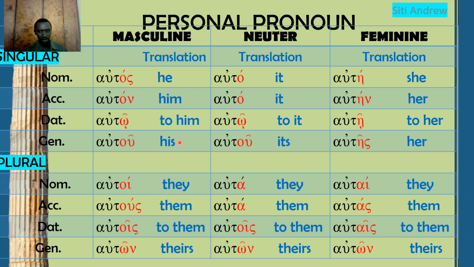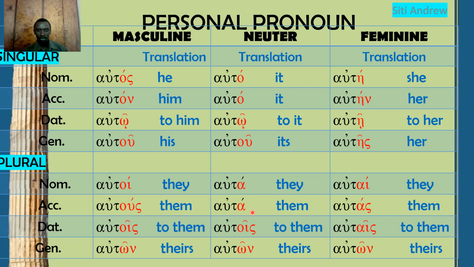What you need to master also is the translation. On the second column, you have auto, that is neuter, translated as it. Auto, again it. Auto, to it, that is dative. Autu, genitive, its. Auta, they. Auta, them. Autois, to them. Auton, theirs. So you see even here in neuter, mostly nominative and accusative look alike, and